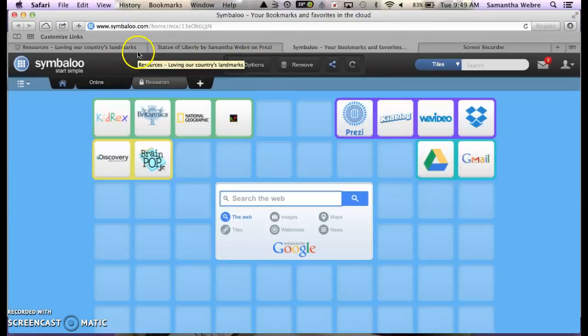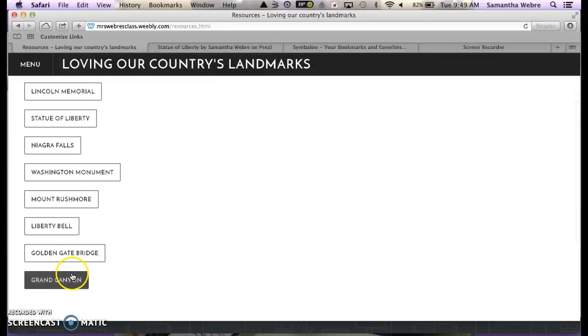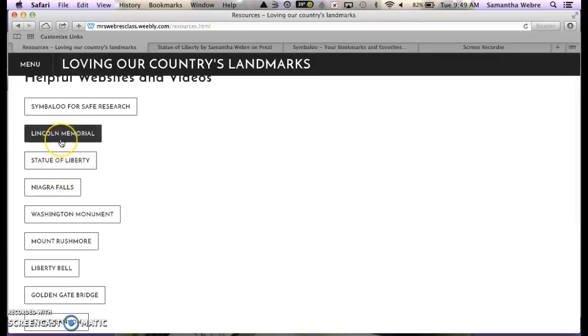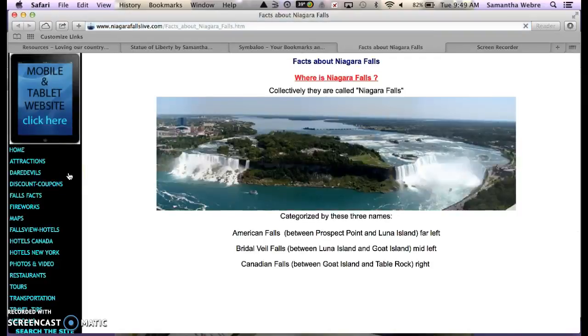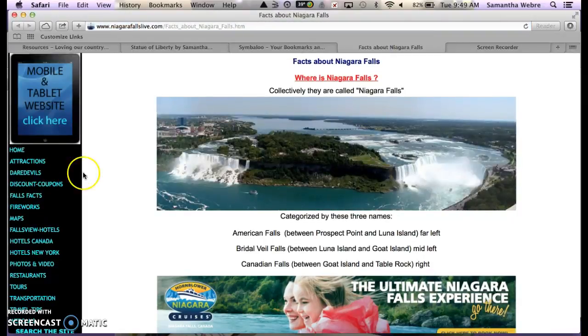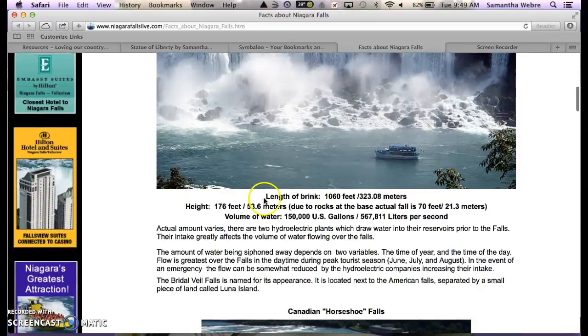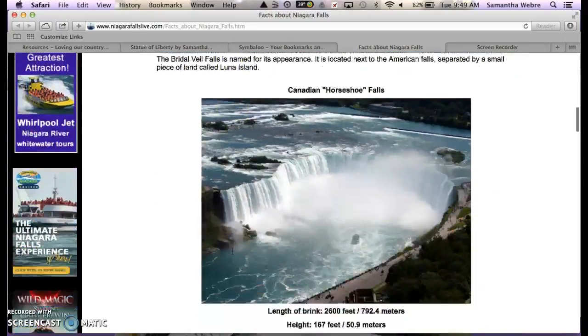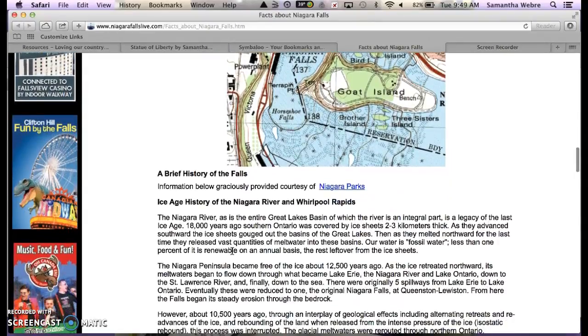Now, if we go back to our website here, you'll see a link to websites for each of the landmarks that I've elected to use in this. So if you click here, let's click on Niagara Falls. I visited there this summer, so I'm very interested in it. If you see here, there's pictures, and if you scroll down, there are facts, location information, lots of stuff that this web quest is requiring, but it also gives you